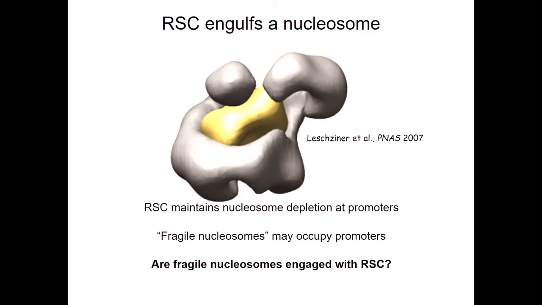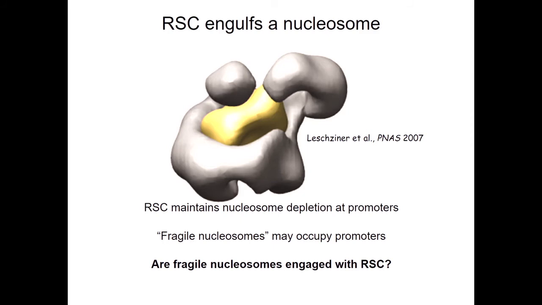Okay? So this is a cryo-EM model of the RSC chromatin remodeler. It uses ATPase to push nucleosomes around. And in this cryo-EM model, you have the RSC complex wrapped around this gold nucleosome here. Okay? We know from functional studies that RSC is important to maintain the open chromatin structure of active promoters. Okay? But one controversial topic in the field has been that we know that promoters